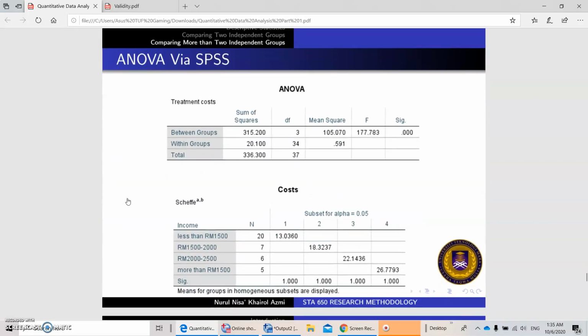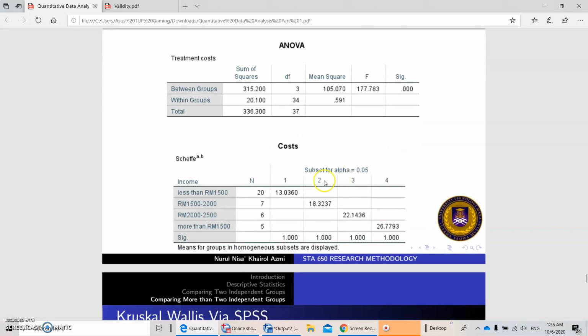Let's say if there is a difference, the sig value is supposed to be less than 0.05. Then when you run the multiple comparison, if the 4 groups are different, you will see the 4 different groups in separate subsets.